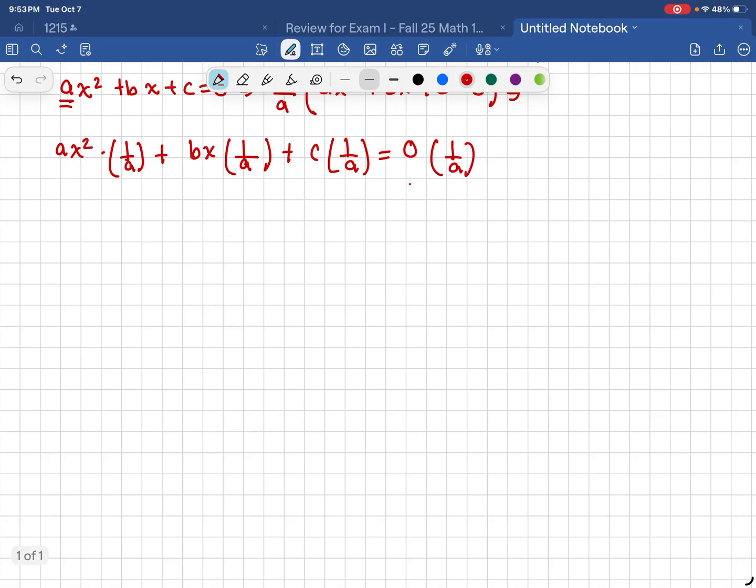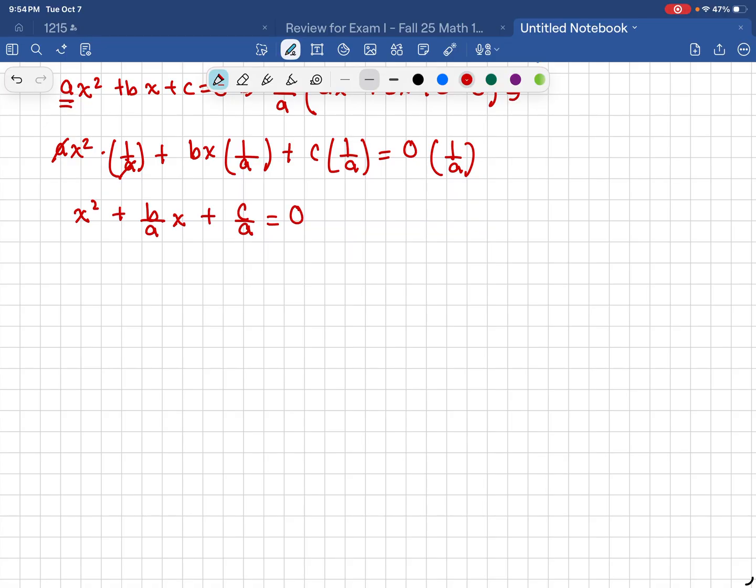This part here is 0, so we don't have a problem with that. And the a cancels with this one, and we have x squared plus b over a x plus c over a